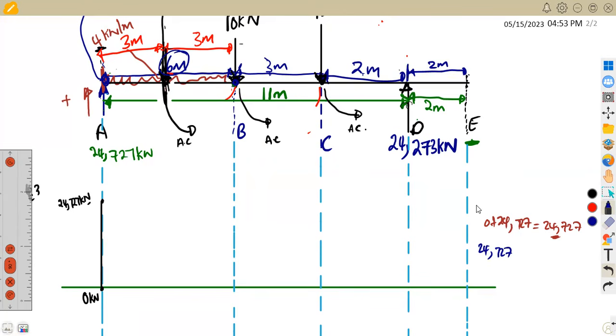We subtract, because it's on top, it's going down, so it's a negative. So we subtract 24, or we subtract 4 times 6, which is the 4 kilonewton times the distance from A to B, which is 6 meters. So this is going to give us